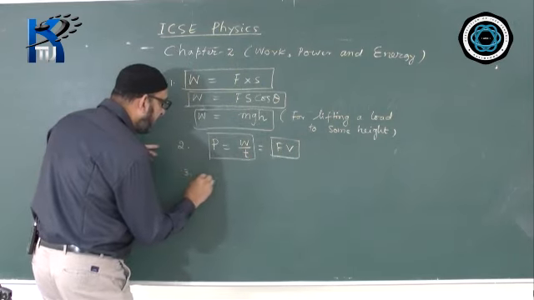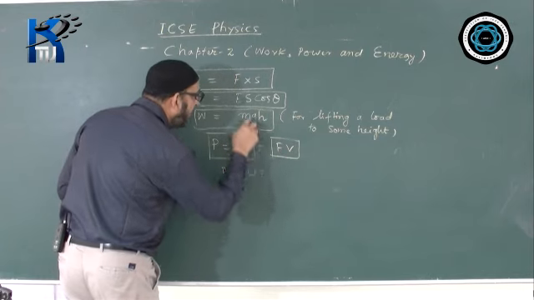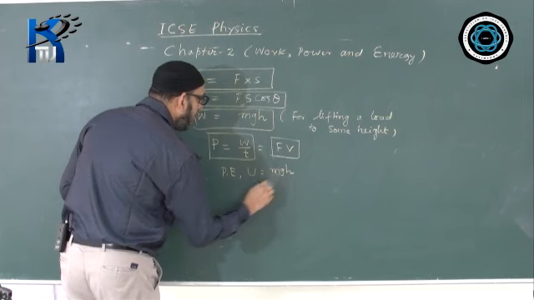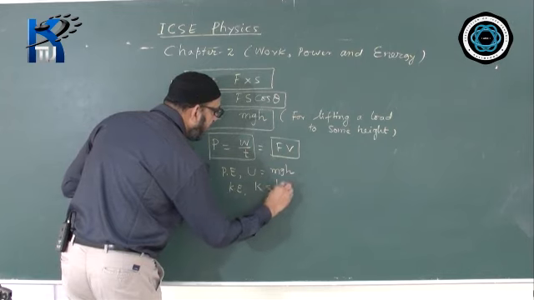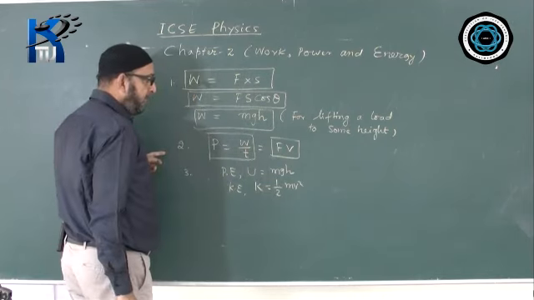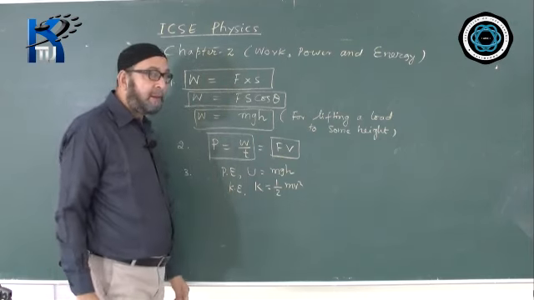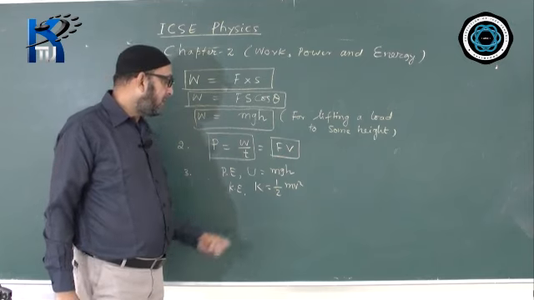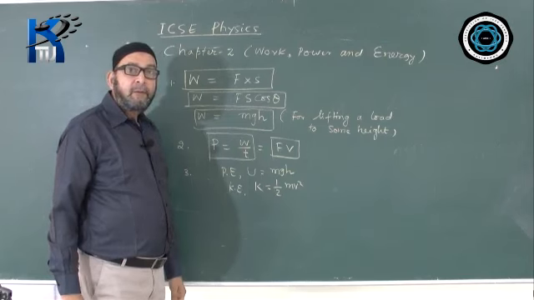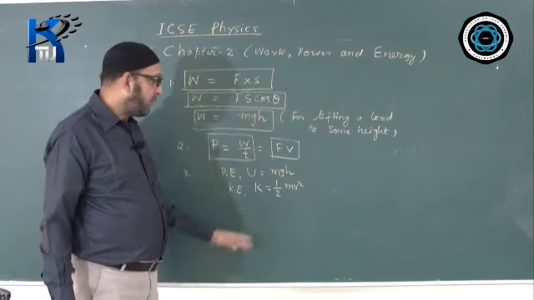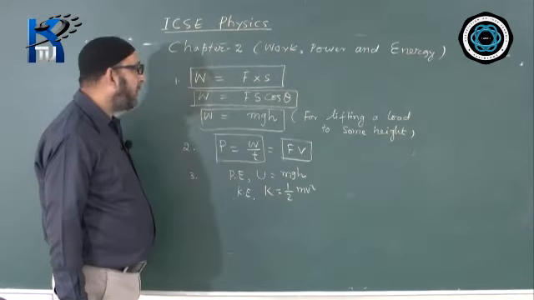And the third formula we have is potential energy. Potential energy denoted by U, formula is same as this, mgh, and kinetic energy denoted by K, the formula is half mv square. In some situations we will apply the work energy theorem, that is work done by a body is equal to change in kinetic energy, half m bracket v square minus u square bracket closed. So these are the formulas you will be coming across while doing numerical problems.